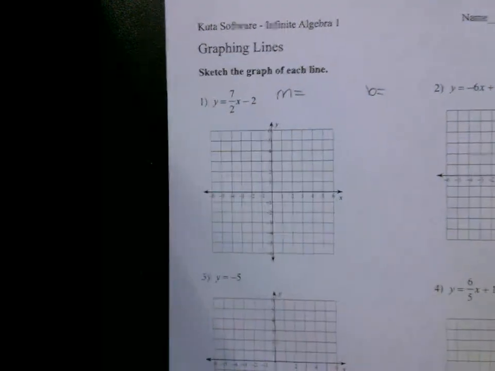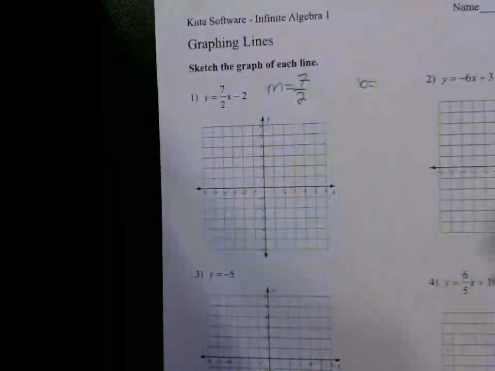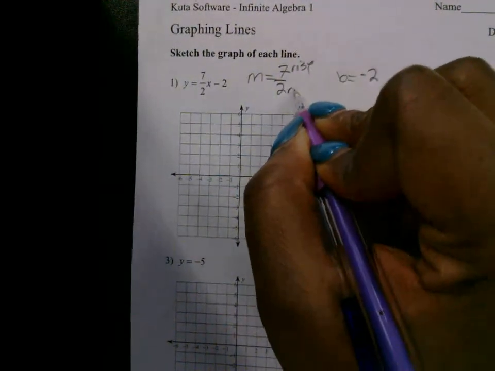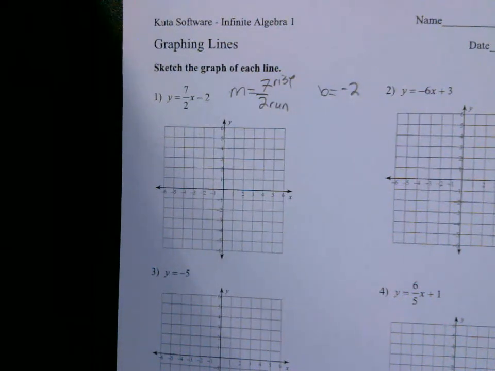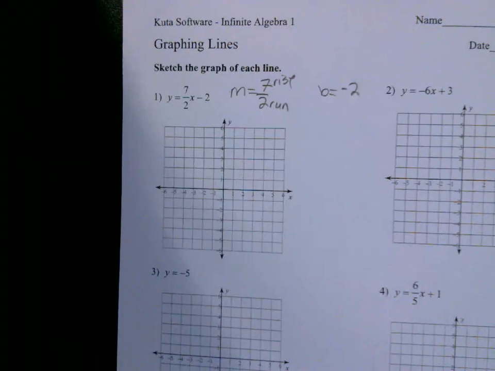Okay. All right. So let's label M and B. M here is 7 over 2. B is negative 2. M is rise over run. Any questions about where I get those numbers from? Yes, baby. Do you see it now? There's the minus sign in front of it. Do you need that first sheet again? Some people did. Everybody was in different places. That's okay.